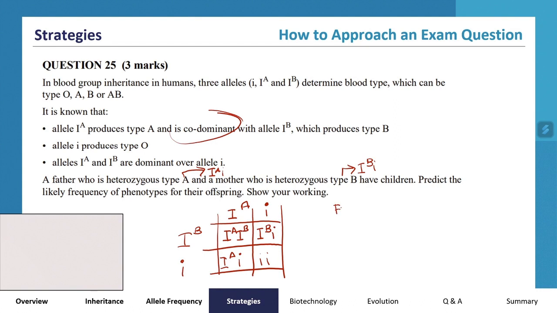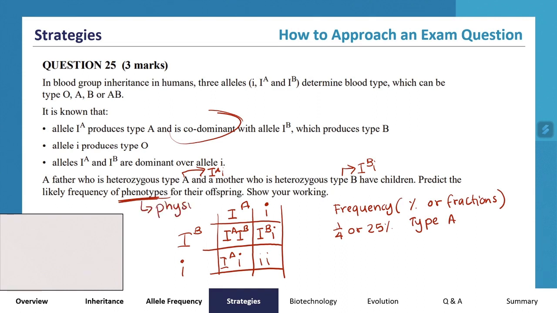So the frequency of the phenotypes, now you've got to express them as either percentages or fractions. Both of them are equally accepted. But it's 1/4 or 25% type AB blood, because this is phenotypes, right? You want to be saying what the trait is, not the gene. So type AB blood,